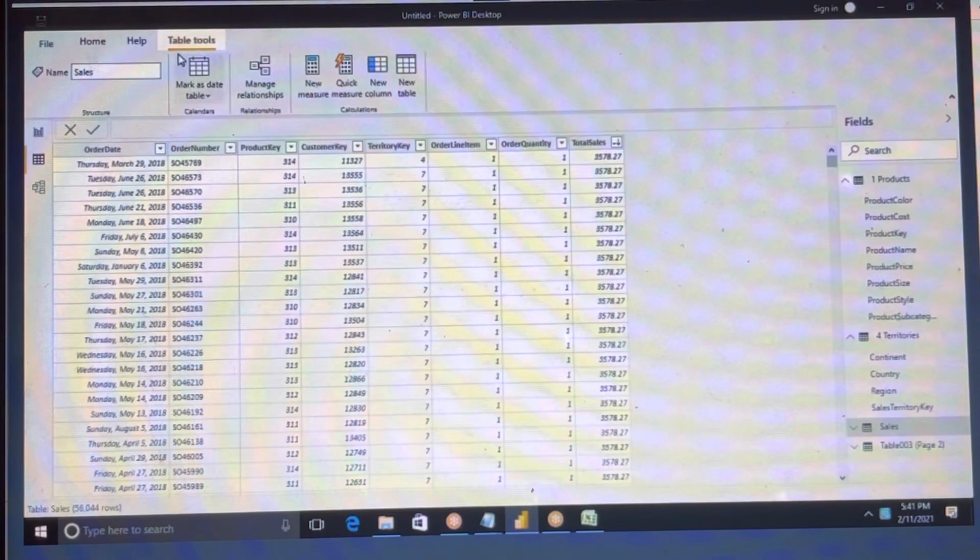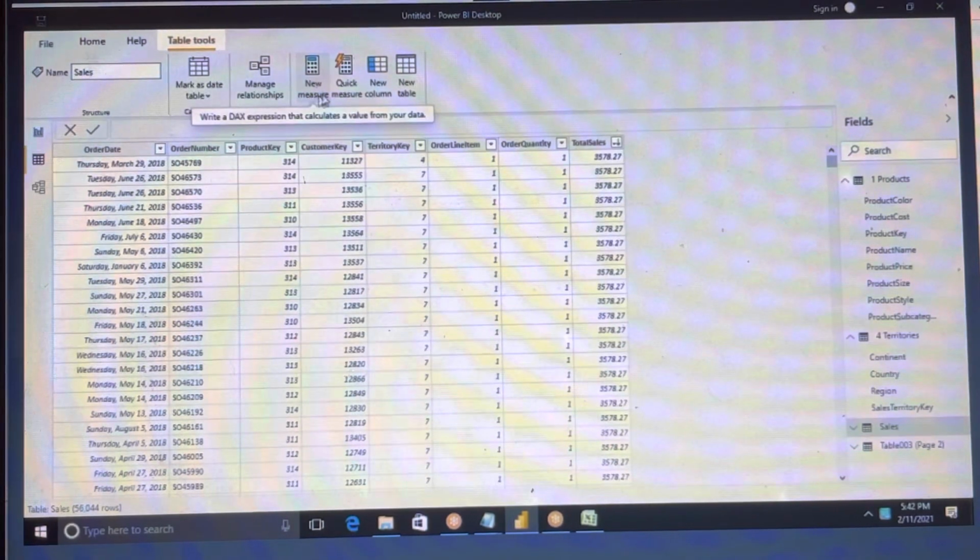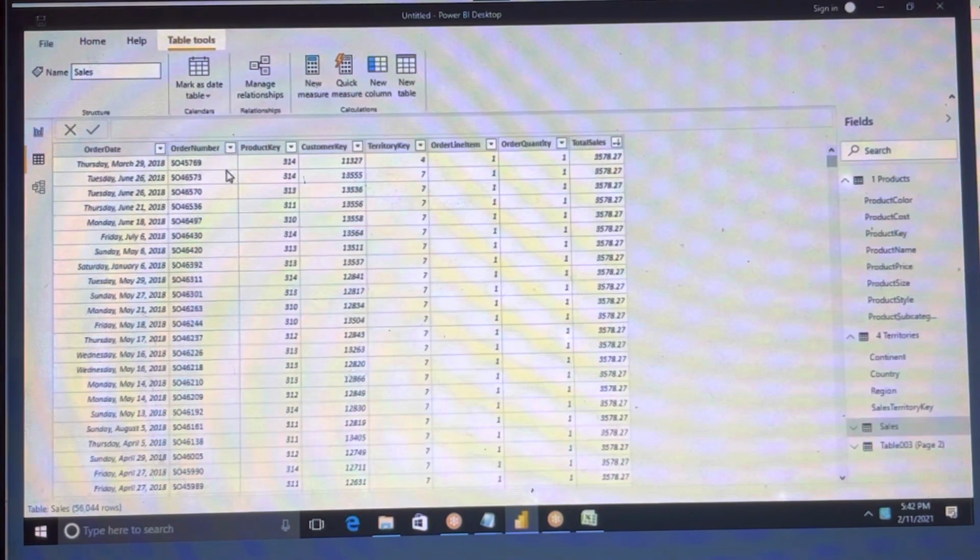Now here we have new measure and new column, right? I will explain about this. One second. Let me take some sample data. See, for example, we have the same sales information. Let me remove all the other stuff.